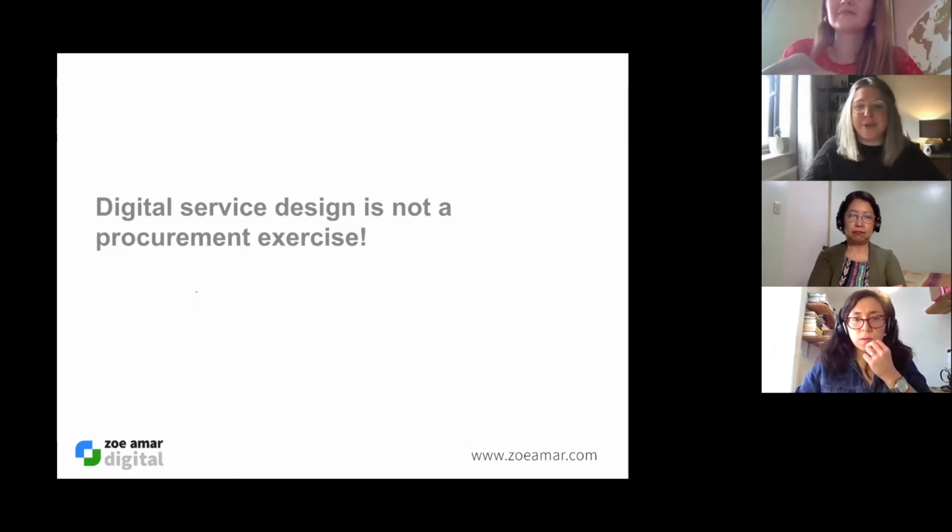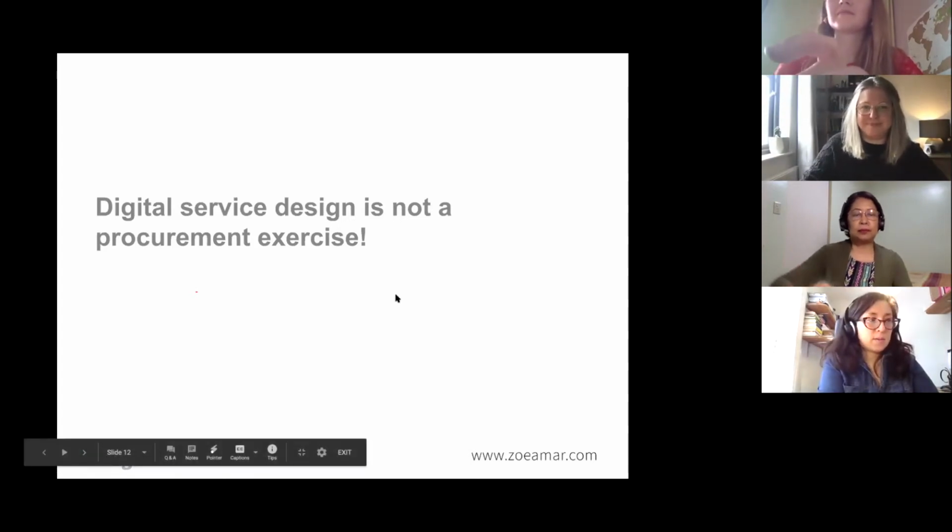So spending weeks and weeks worrying about picking the right tool and then needing to change it in a year's time, it's going to make it more difficult for us to make that change after committing so hard to one tool. We do need to choose the right tool. I'm not completely dismissing software and tools out of hand, but it's definitely not the key to good service design.